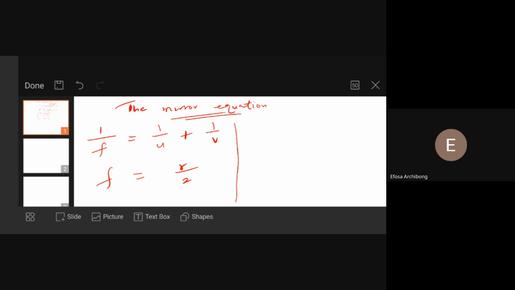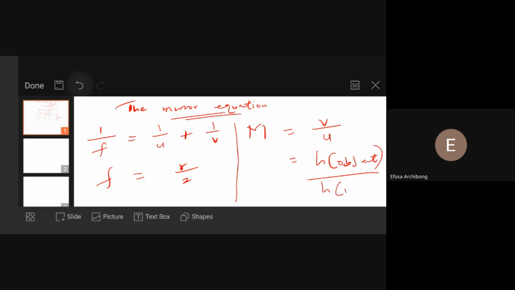You can calculate magnification by using this formula: magnification, capital M, is equal to the image distance divided by the object distance, U. Remember, image distance is V, object distance is U. So the ratio of the image distance to the object distance will give us the magnification of that very object. Don't forget that. Also, if you were given the height of the image and the height of the object, we can also say that magnification is height of object